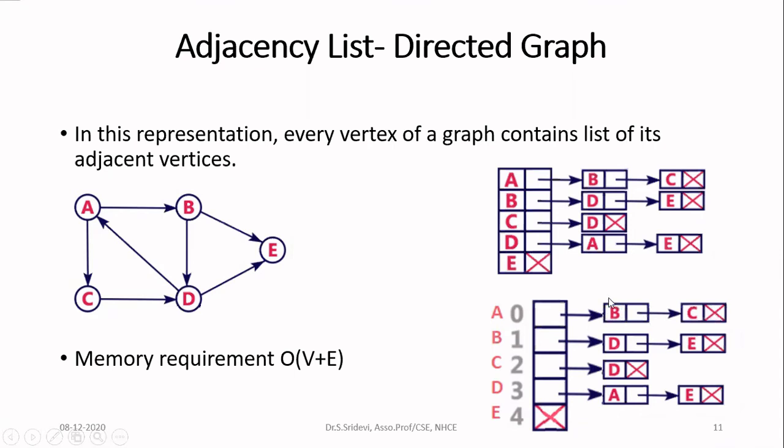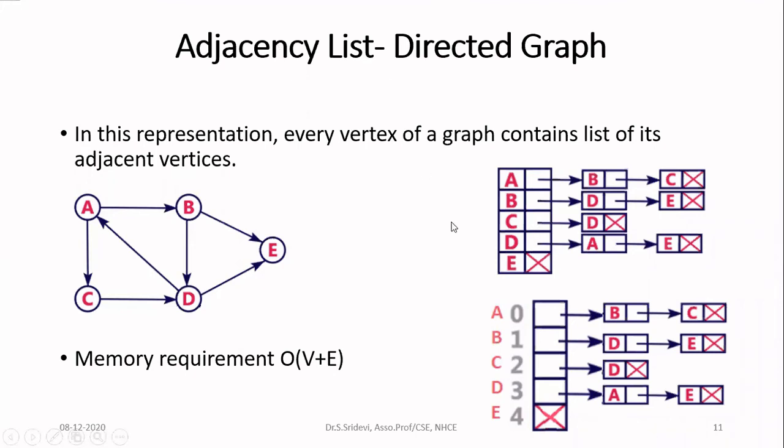And whatever is the address of the node B, that you have to store in this pointer value. Okay, for that only we are creating an array of pointers. So this method is also a very good method to store information about the graph. And likewise, you have to create one entry for every node in your graph. And for node E, since we don't have any outgoing edge, in the array itself, we are storing null. Okay, so this is how you can represent the graph by means of adjacency list.